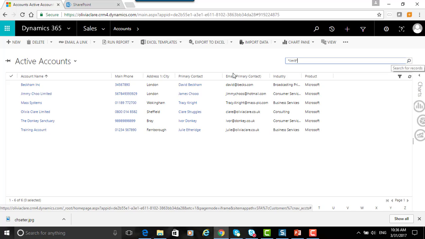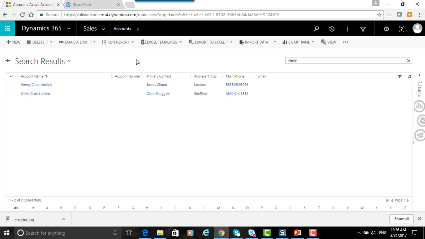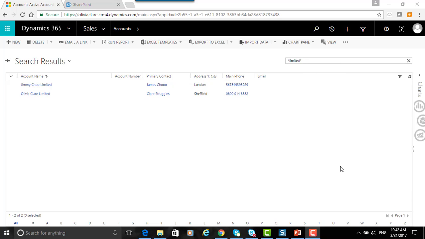But before I do so, I want you to just notice that we are in the active accounts view before we run the search. As soon as we hit the magnifying glass, we'll see that the view changes and I'm now displaying the search results view. So I'm in a completely different view to the one that I started in when I put the value in this field. One important point to take into consideration, especially as a system administrator configuring the system, is